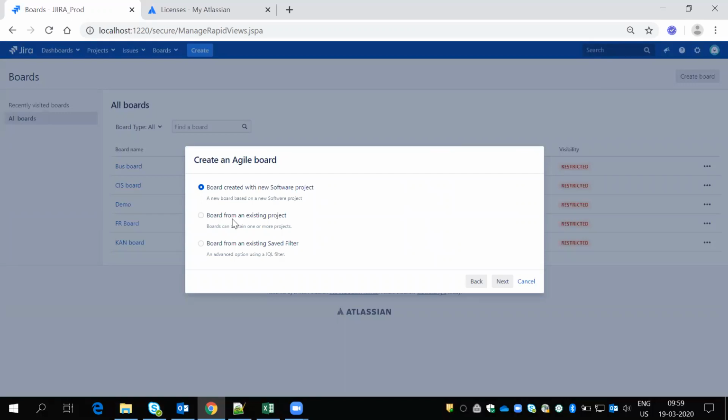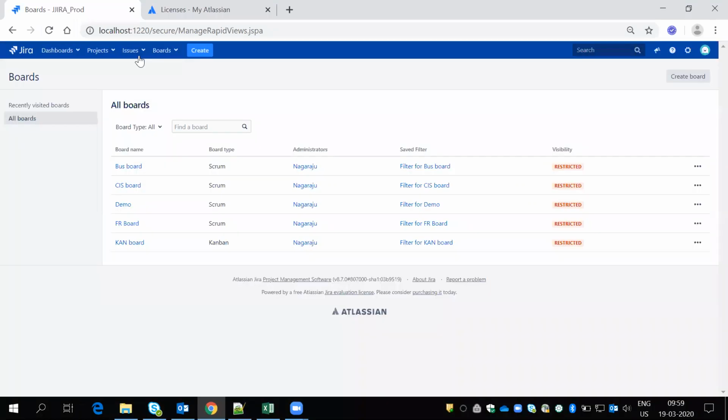And for this option, suppose I have a basic software project and I want to convert that into a Scrum board, I need to select this. If I select that existing project, it will be converted into a Scrum project. And this third option, board from an existing filter. How is it helpful? See, I'll write one query,